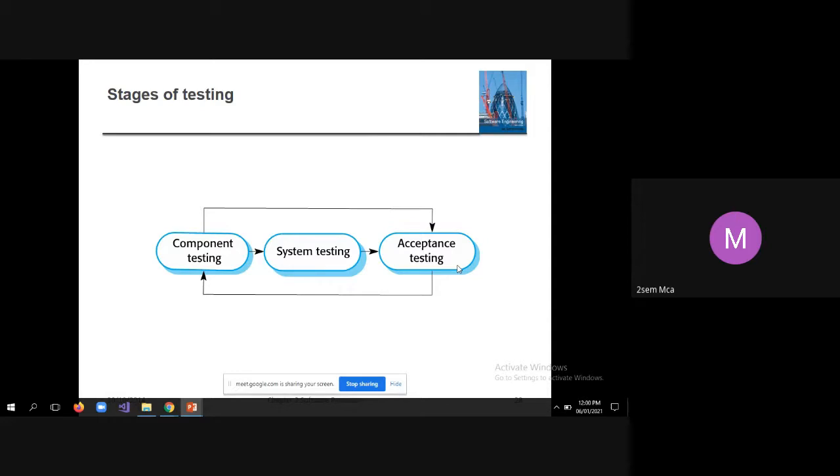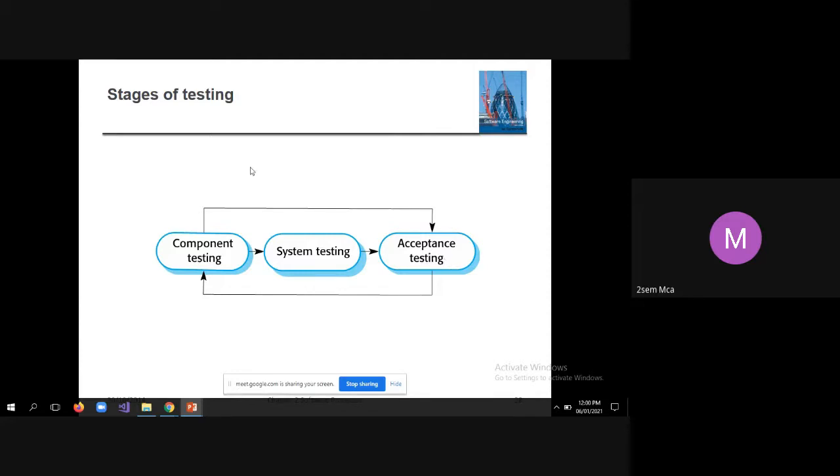Acceptance testing will be monitored by the client representative. That is why it is called acceptance testing. Just before accepting the software from the software contractor, they do this acceptance testing. If the acceptance testing results are satisfactory, then only the final software will be delivered to the client.